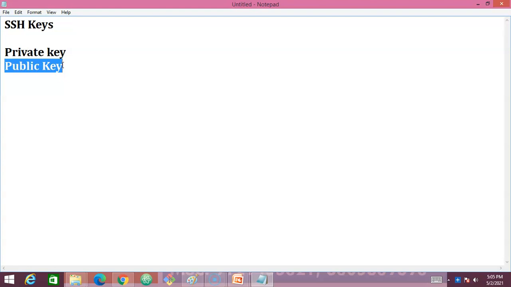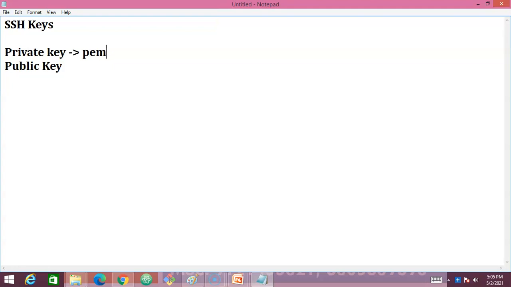Most companies use it, and AWS uses it too. The key pair that we download, the PEM key that we downloaded while creating the EC2 instance, is called the private key. I have seen so many people getting confused between the private key and the public key.